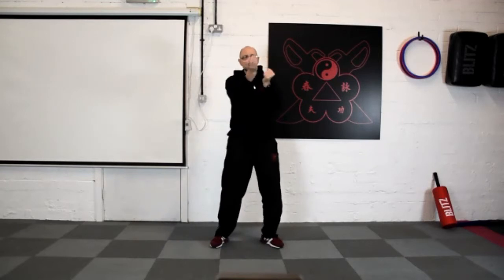Straight into Tanda. 1 to 10. 1 count, 2 Tanda. 1 to 10. Bong sao. 1 to 10. 1 count, 2 bong. 1,